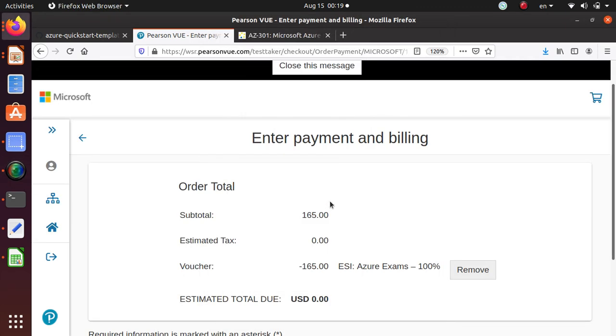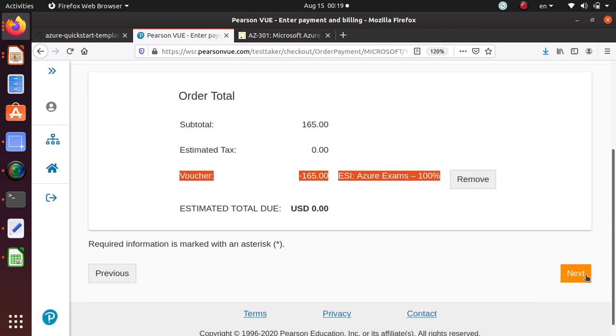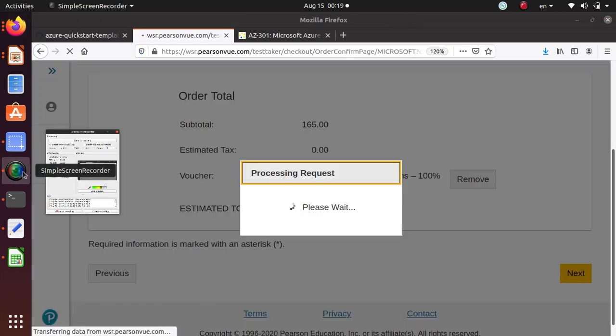Alright, so I entered my voucher and clicked verify. Now you can see that the subtotal is 65, estimated tax is now 0. Since the voucher has been applied, my exam cost is now 0. If you don't want to use the voucher, you can click on remove, but I would not recommend that at this time. Alright, next, you're very close to the end, just click on next, verify your information, and you are pretty much